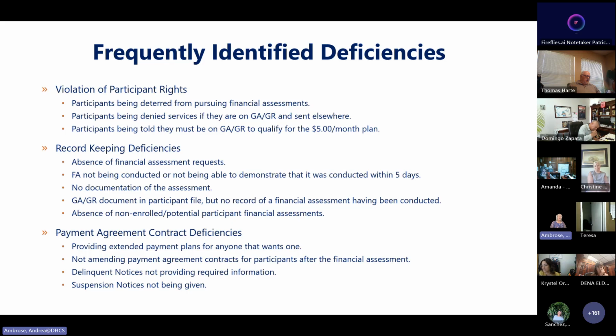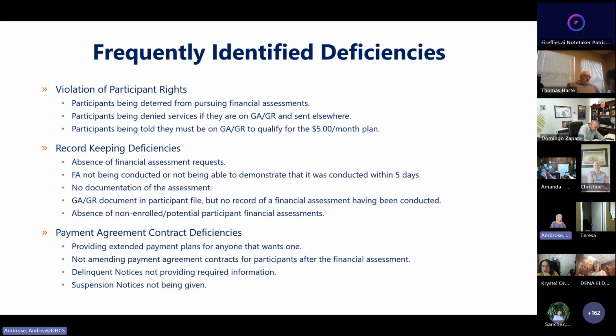One is a violation of participant rights. This is where we see participants being deterred from pursuing financial assessments at all, being told that they're not offered at this program or they're not qualified even before they have a financial assessment. We see where participants are being denied service if they're on GA or GR, or they're being sent to other programs.